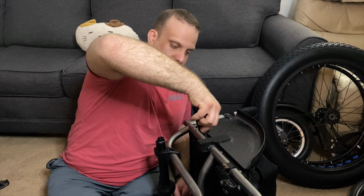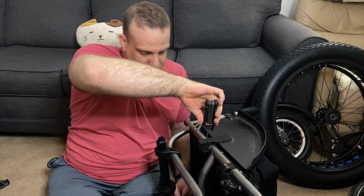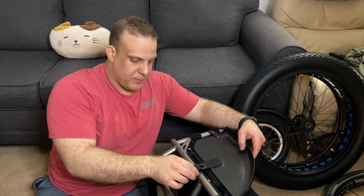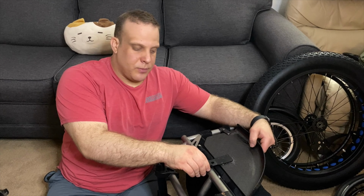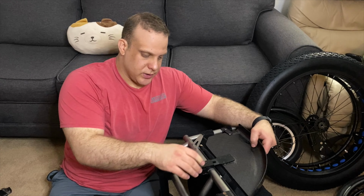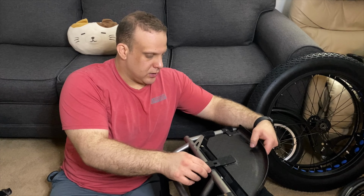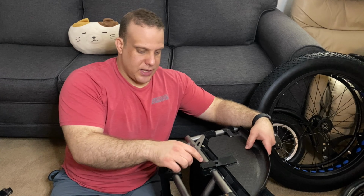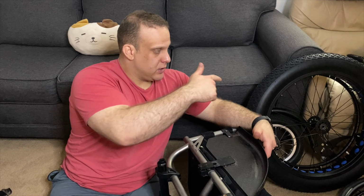So what I was originally going to show you, and what I might have talked about already, is that we loosen these, and then in order to make sure that my beach wheels will fit on this chair, I'm just going to loosen these enough that I can slide the side guard around. I wouldn't do this long term, but while I'm using it at the beach with the beach wheels, I'm gonna slide the side guard up probably an inch, maybe a little bit less than that. And then I'm just gonna retighten these screws, and that will give me enough clearance that when I put the wheel on,